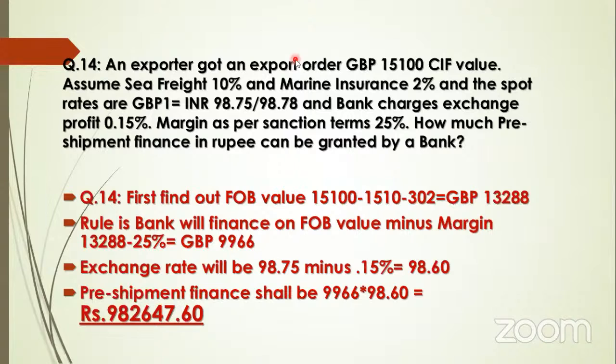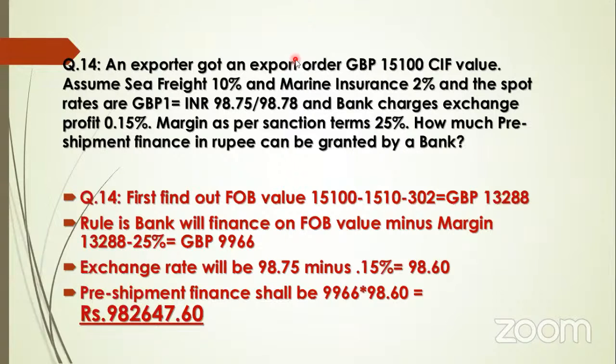What is inland transport? From his office, he has to go to the port. And at the port also there will be some charges. The port people again put it in a container. There will be one charge. Again, the container will be loaded in the ship. Up to that, if the exporter bears all the expenses, then the contract is known